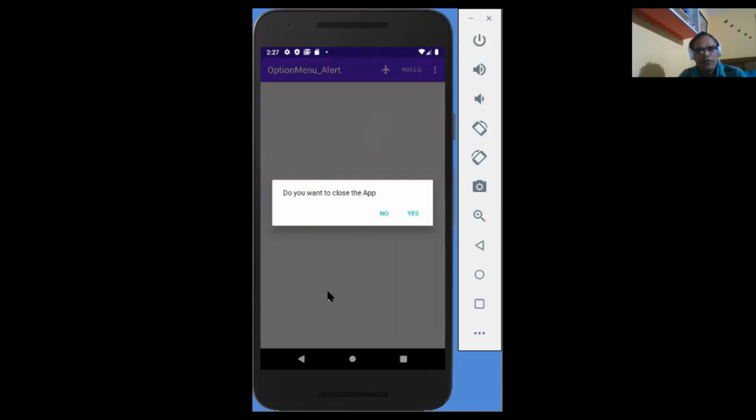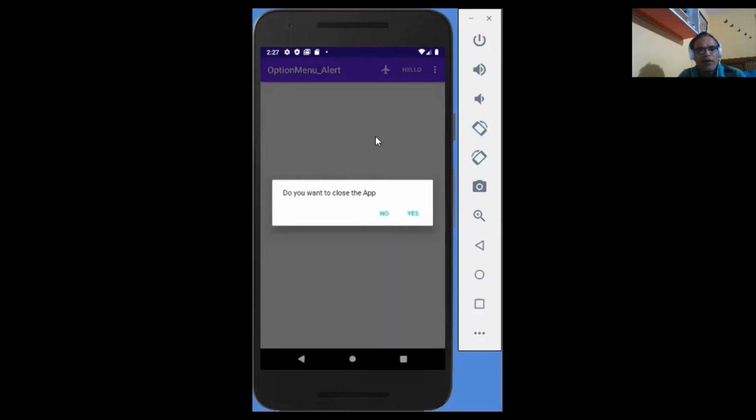Before this, it disappeared because I was not using setCancelable. So the purpose of this method is that first we have to choose the yes or no button on this dialog box, then we can continue with the application. So here we have to pass the boolean value false.